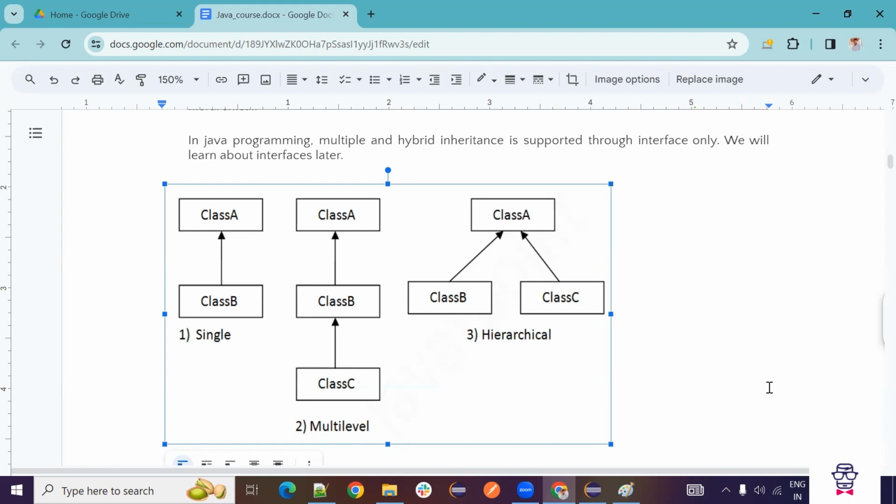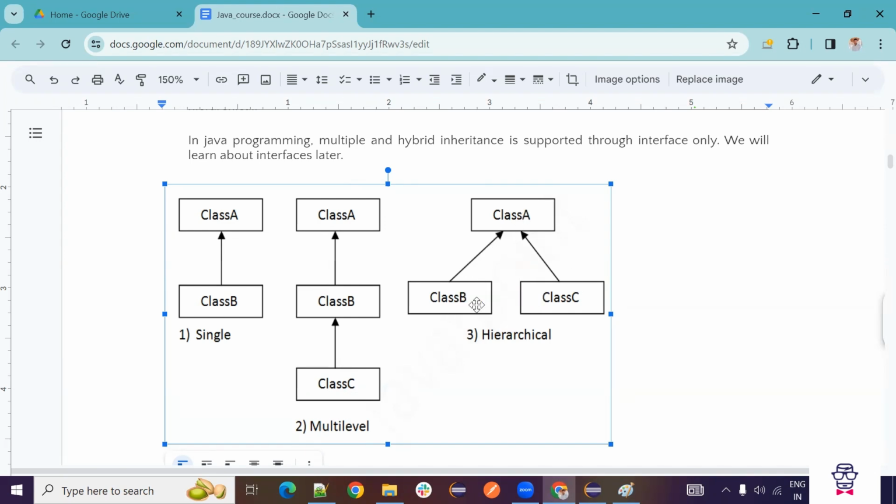So it's like that. See, now in the earlier case, this parent has only one child. That is class A, class B. Here also this class A will have only one child and this child has another child. So it's like a grandparent, parent and child. But this is not that scenario. We have one parent and it has two children.